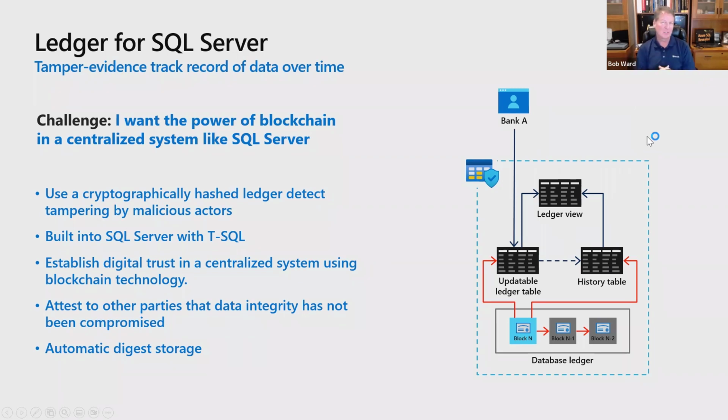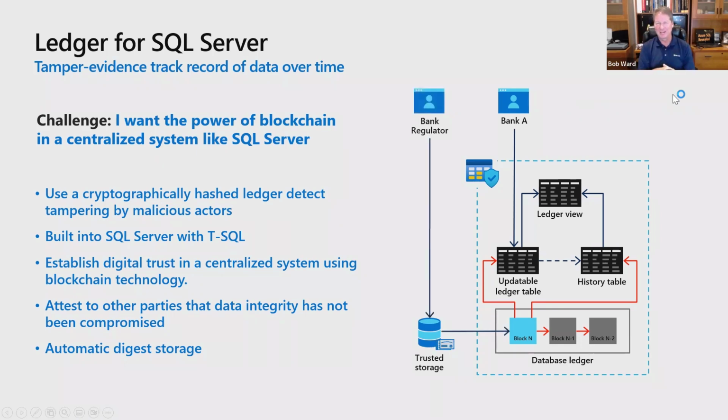Now, what if somebody was clever enough to go in and hack those? Well, it turns out we can record a hash of the blockchain called a digest in a separate trusted storage location. You can do this manually, or you can set up an automation to store this in Azure. Now, why is that important? Because somebody could independently come along and look at the digest and compare it to the blockchain and say, oh, they're off. Somebody has tampered with the data, and use the information in there as per the digest to find out perhaps even what transaction was the piece that got tampered with.